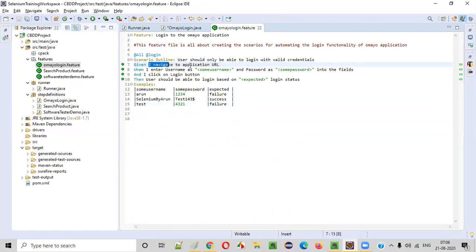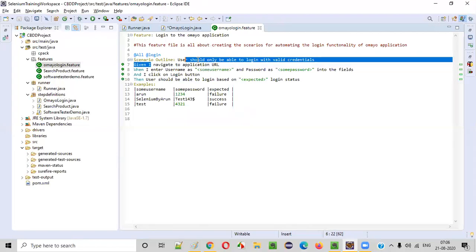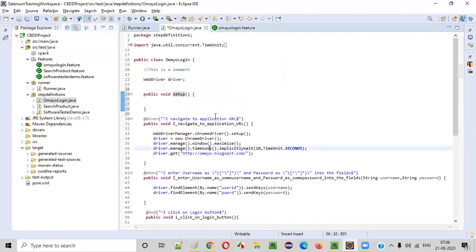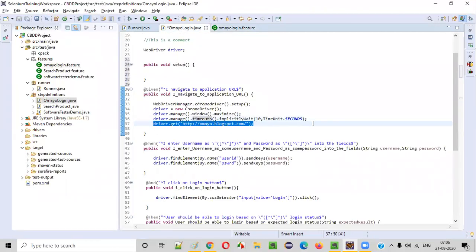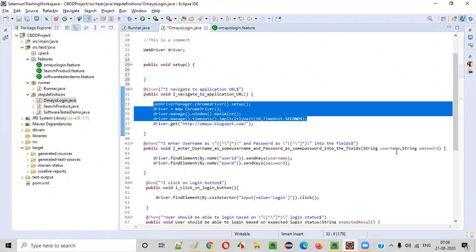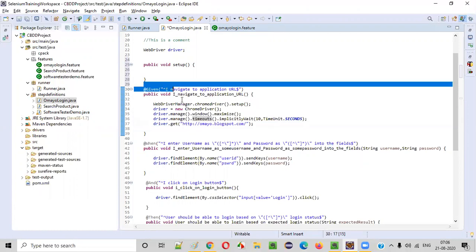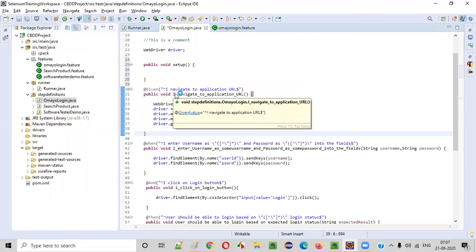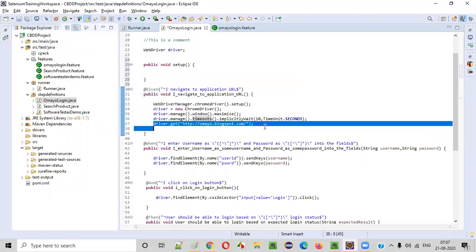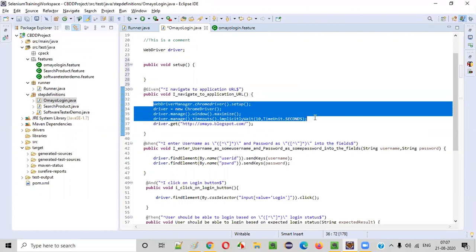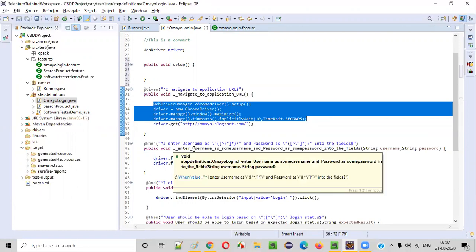So given I navigate to application URL means only one step should be there, that is this one. All these other things are prerequisites, right? This is the only step that should be inside this method. I navigate to application URL means driver.get only, not all this stuff. All these are prerequisite kind of things which should run before the test runs.